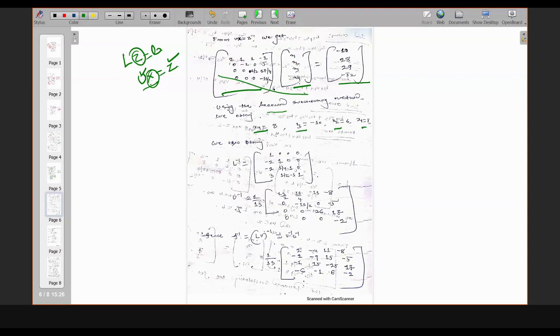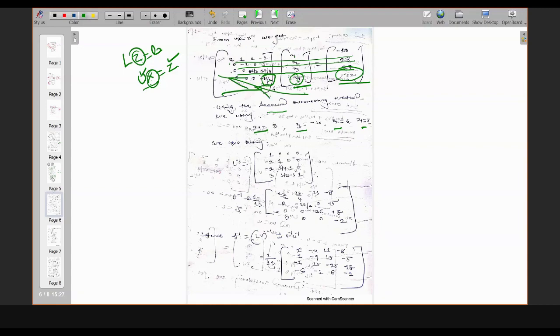Okay. So how you will do that is you multiply this with this, then you will get x4, and that is equal to minus 52. Then you can solve for x4. Once you get x4, then you can proceed to these equations to get x3. Then you can go for this to get x2. Then finally you can go for the first equation. That means you have to go from bottom to top. So the direction will be like this, bottom to top.